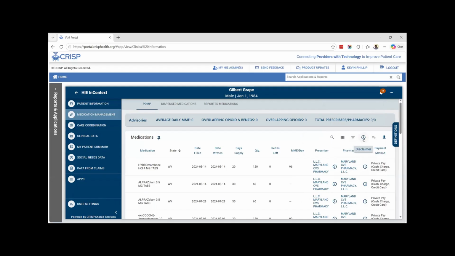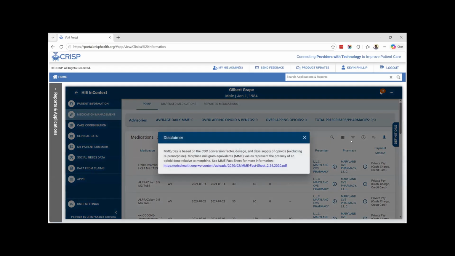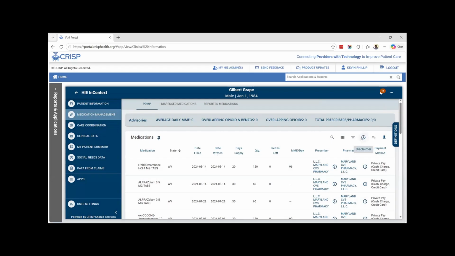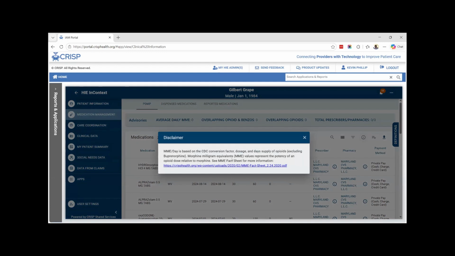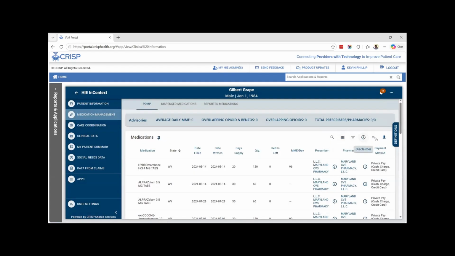Any disclaimers will be present there in a kind of warning icon. So this is giving you some more information about how some of the advisories are calculated. For the PDMP specifically, you can query other states. Right now, this is just pulling back